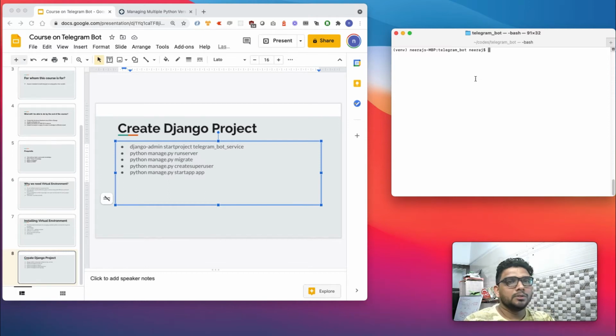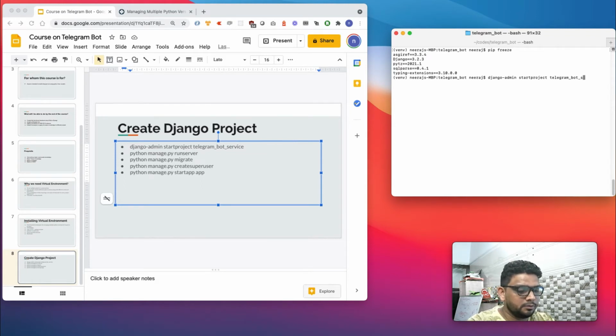So let's start. After installing Django in our environment, we need to start a project with the command django-admin, and since we are creating a project, the command would be startproject, and after this we need to pass on the project name. Here we are going to work on the Telegram service. Let's say it's telegram bot service,